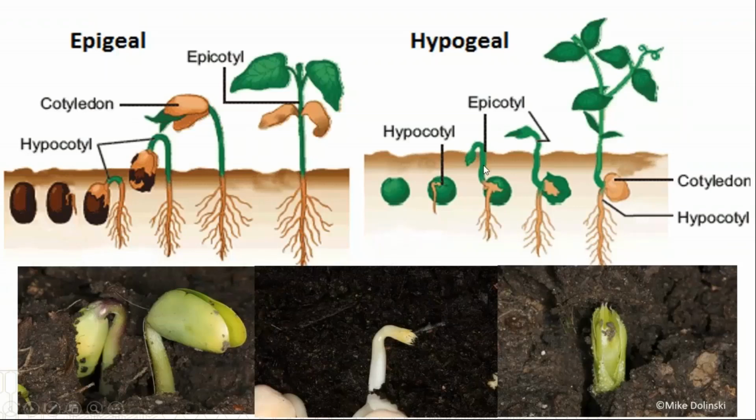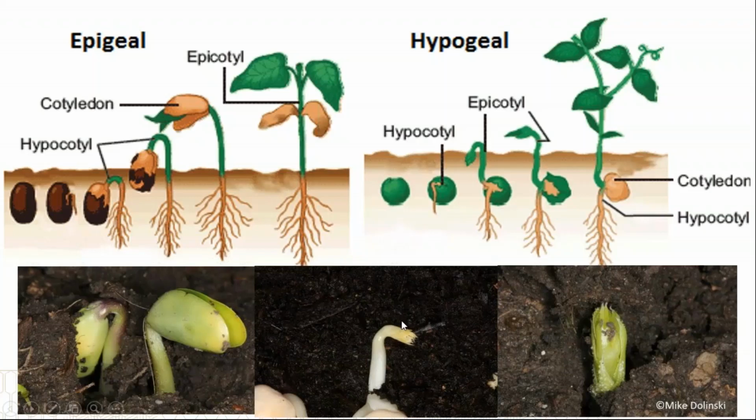Epigeal and hypogeal plants, you don't have to remember that, but that's the name of them. I put this in here for one purpose. We have two plants that are epigeal, canola and soybeans. And what that means is that the cotyledons are pushed above ground when they germinate. In the hypogeal types, the seed stays below ground. Here's P, and there's no seed up here. I'll show you more details.